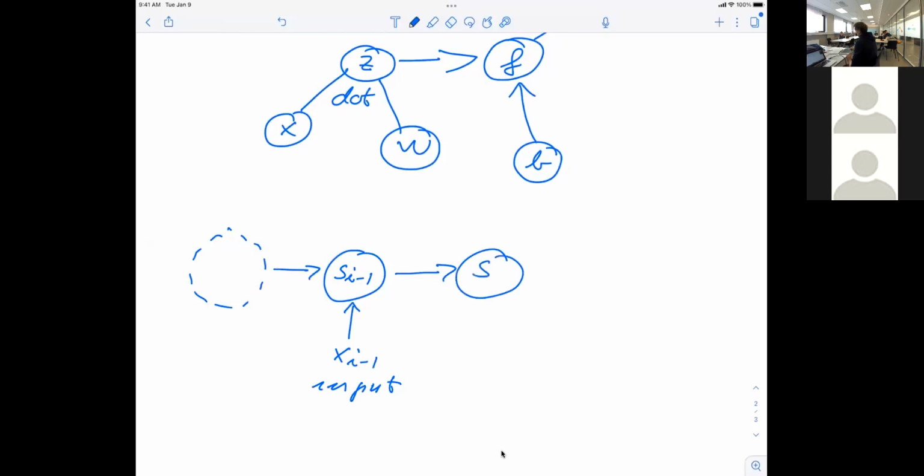So you update this S of I. You have a new input here, X of I. This continues till the final time step, S of I plus 1, with a new input, X of I plus 1, and this goes on all the way to a final time step here. So you begin at a given time step or initial time, and you have a final time at which it ends.